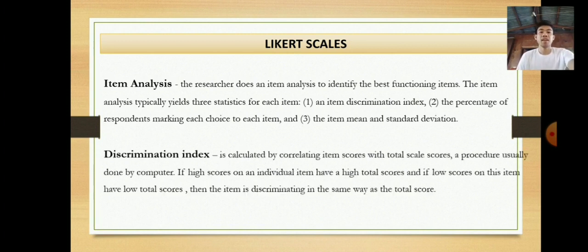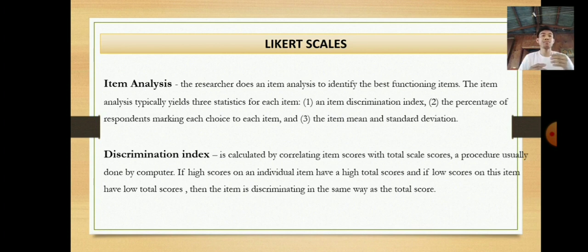So parang dito yung discrimination index calculated by correlating item scores with total scale scores, a procedure usually done by computer. So pwede naman natin gawin siya, pero mas mahirap lang kasi kapag mano-mano. So if a high score on an individual item have a high total score, and if a low score on this item have a low total score, then the item is discriminating in the same way as the total score. So, meron naman tayong tinatawag na discrimination